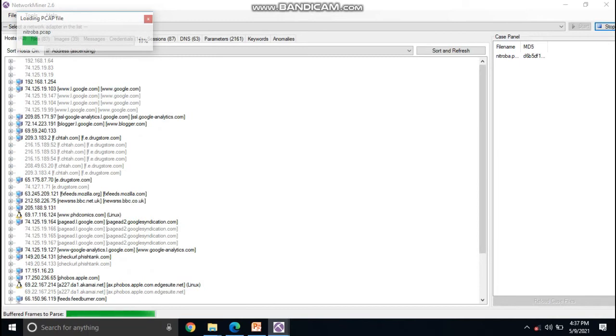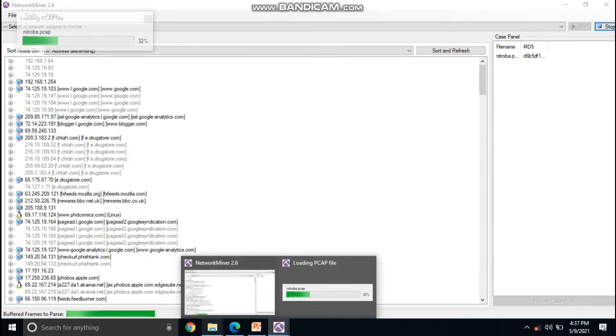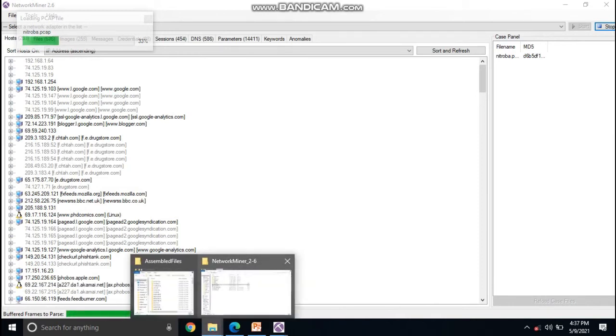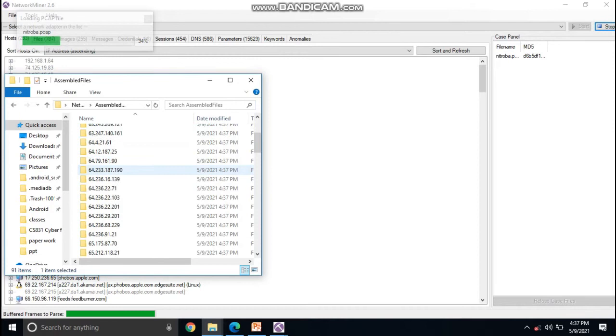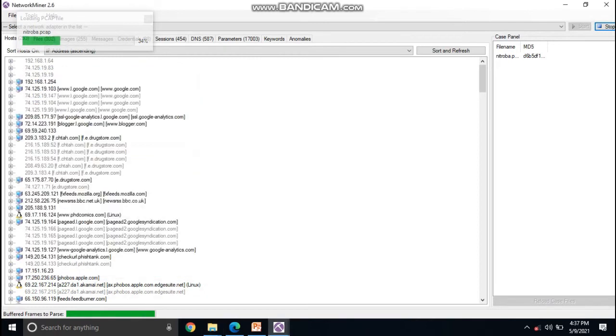Now it starts catching all the packets which were generated during that time. So it is assembled in the assembled files. It's capturing, it takes some time.